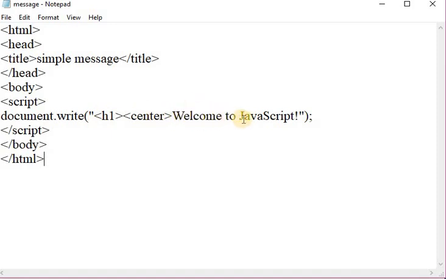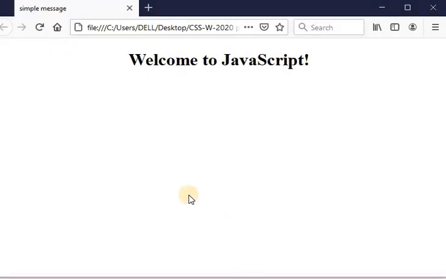The write method writes HTML expressions or JavaScript code to a document. Let us see the output of this program. This is the output of our simple program. Here we display one message, welcome to JavaScript, on a web page by using the document.write method.